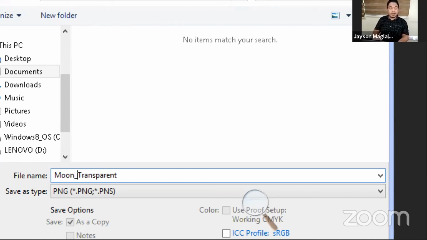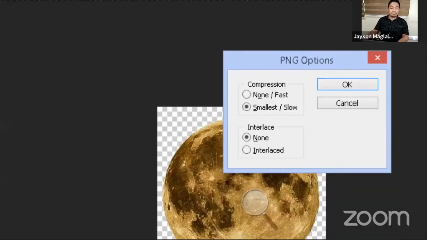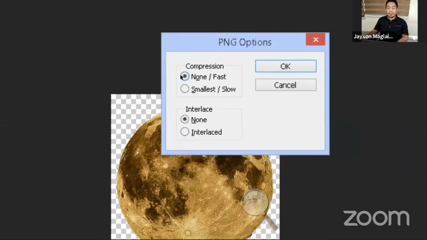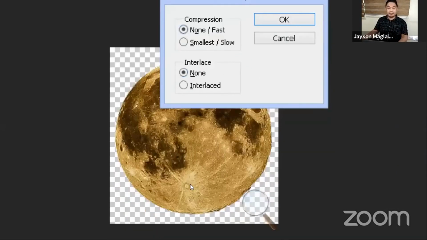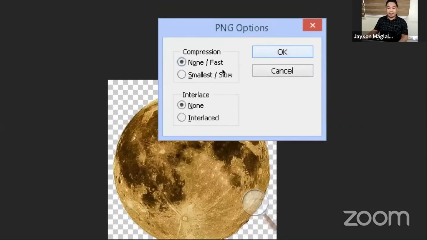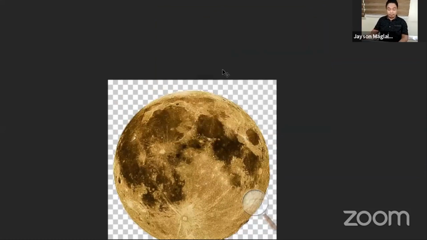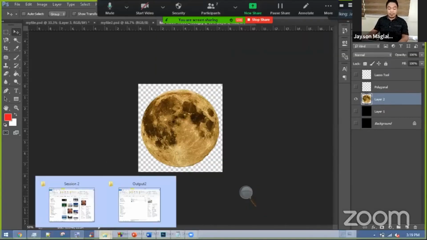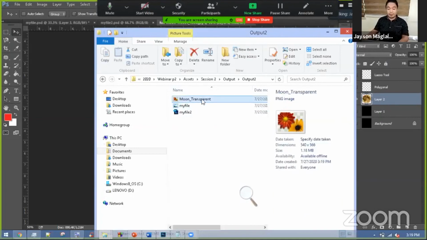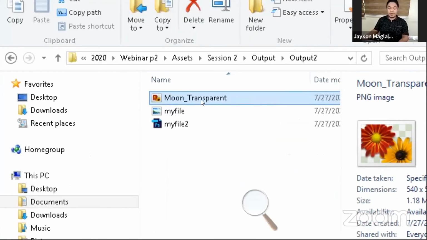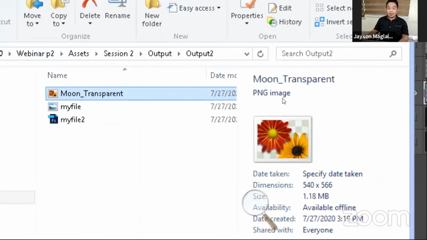Moon underscore transparent. So may nag-appear na PNG options, just click none kung gusto natin hindi siya compressed or hindi mabawasan yung quality. Just click OK now. Then when we go back dun sa folder natin, output 2, you'll see here, format po nito is a PNG